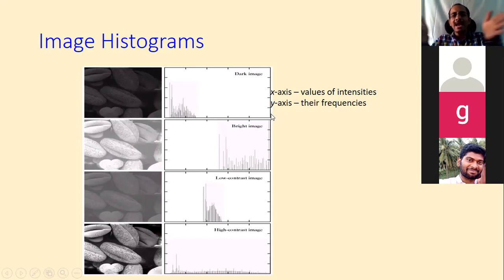So after this rearrangement of the histogram, the indexes also will be changing, and those indexes we will bring back and put in the original image, so that the enhancement of the intensities will be very well seen. So that is what is done in histogram equalization.